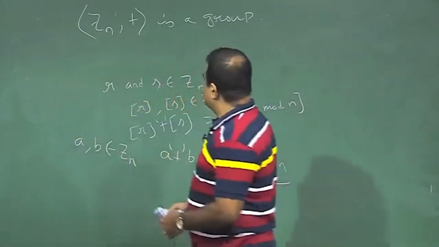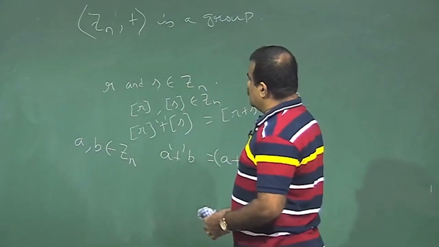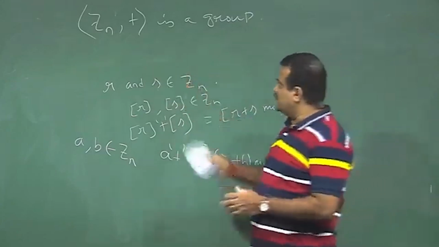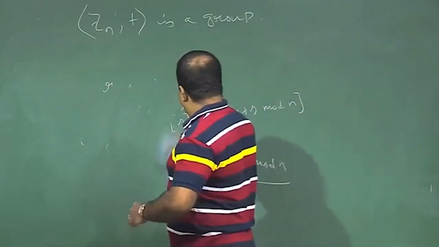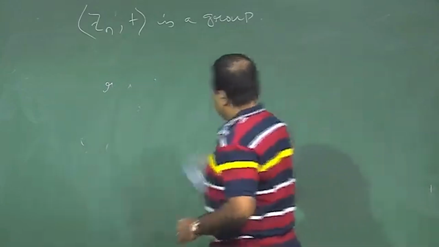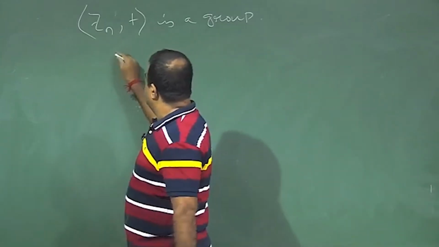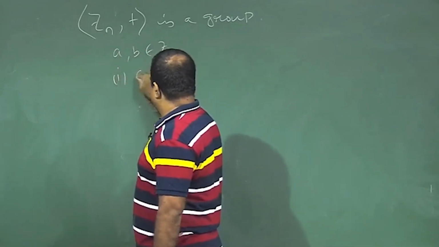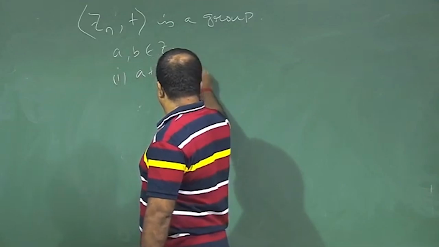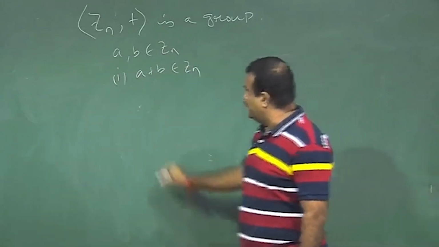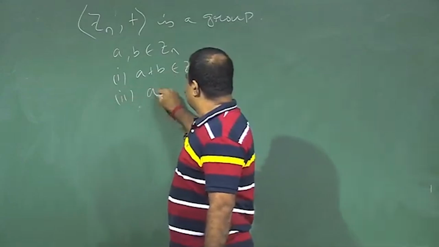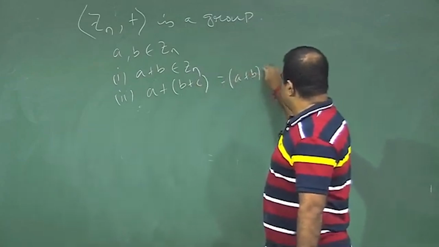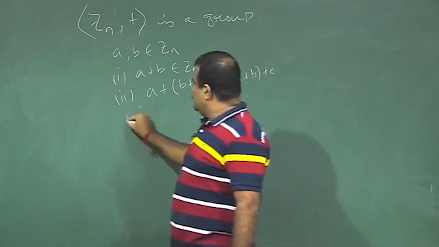So how to prove this is a group? For a group we need to have a few properties, like the closure property, which can be easily shown. If you take two elements a, b from Zn, then the closure property says a plus b is also in Zn, the way we have defined plus. Then associativity is also true: a plus b plus c is equal to a plus b plus c. We can easily check that, and the existence of